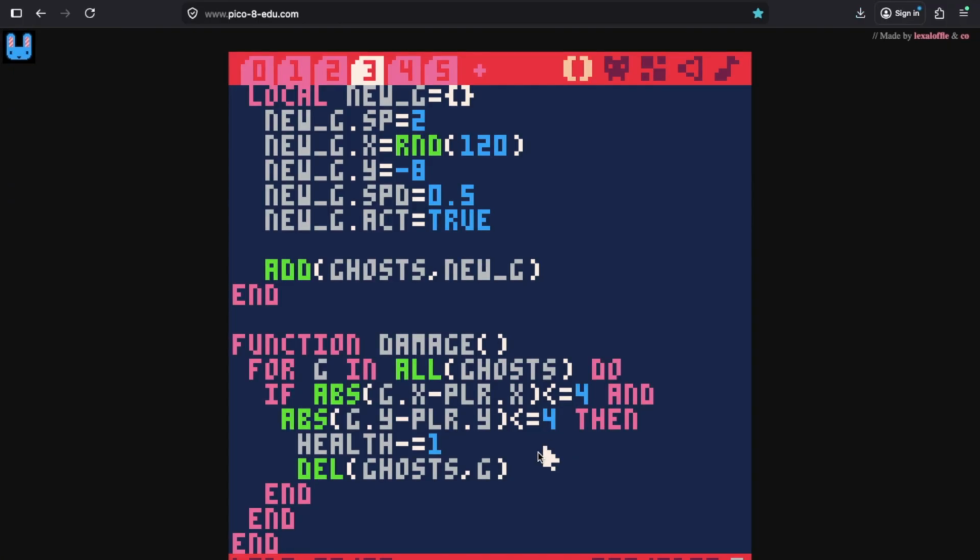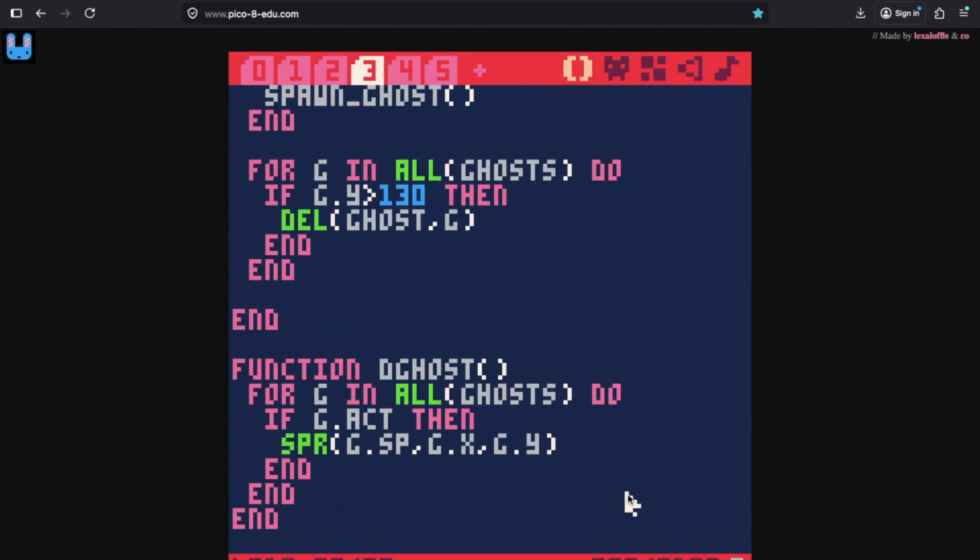The next step will be to build the health bar, and then when they touch me, take a little damage. Okay, so I just did a couple of things. I added a damage function, and I made it to where when a ghost hits me, it takes 1 damage and then deletes the ghost. And that got rid of that issue of one ghost taking 20 million health points at one time, because once it hits me once, it's gone.